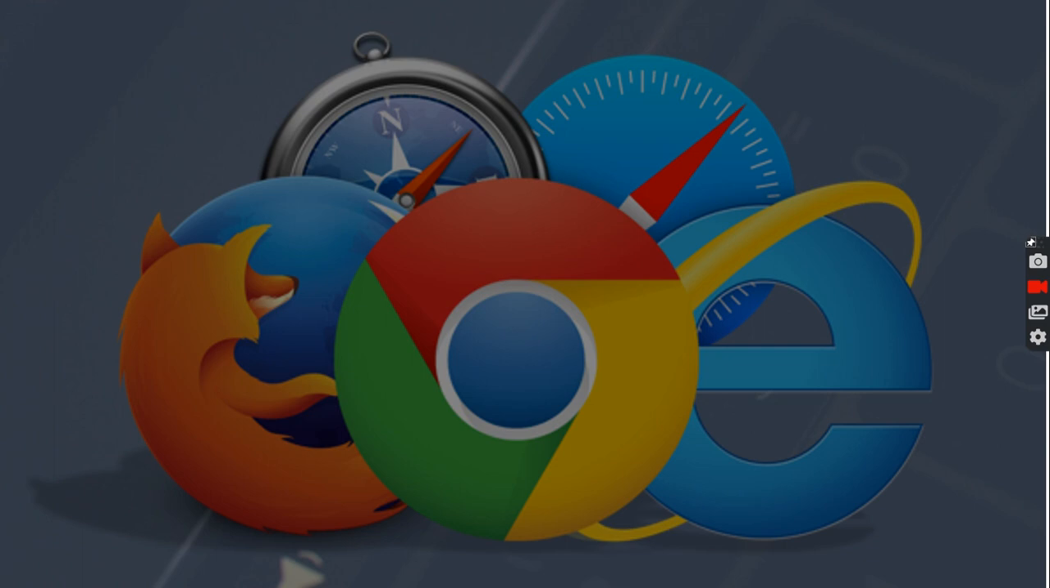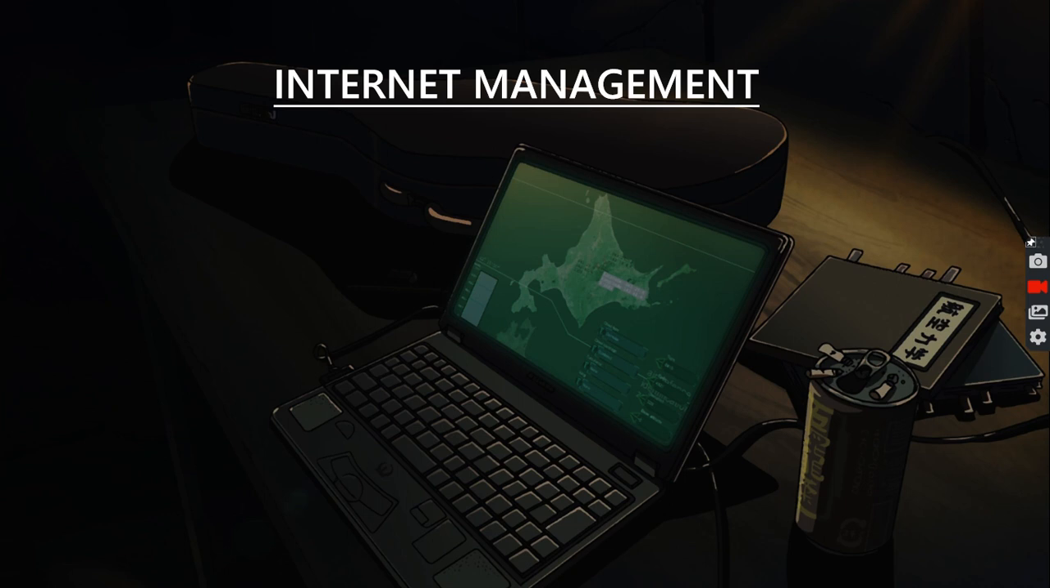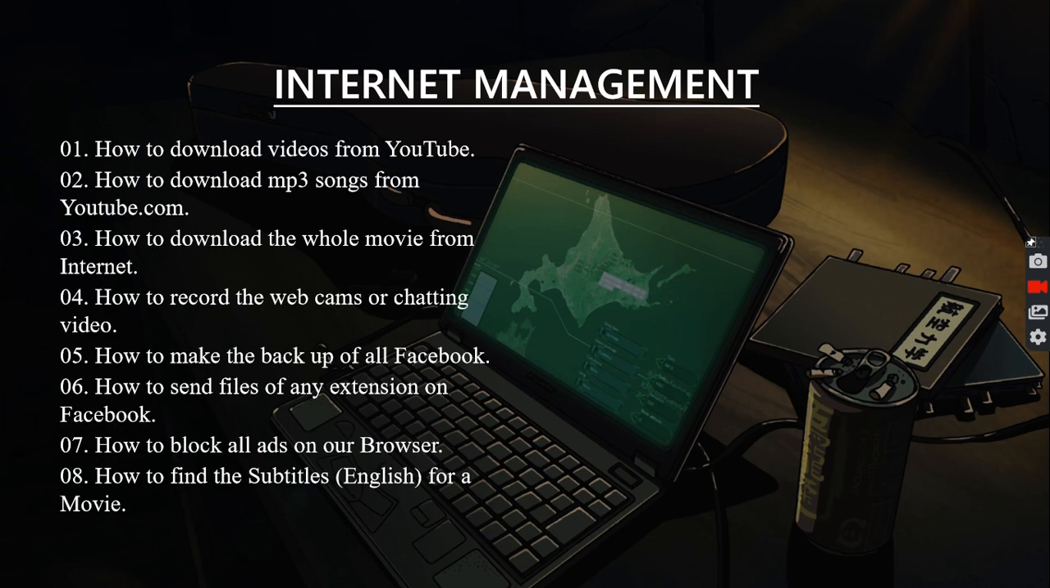Then comes internet management. In internet management, we are going to discuss how to download videos, how to convert videos into MP3, and how to download a whole movie. We are going to discuss recording of the webcam, which is very much in demand right now, as everybody is making their courses, everybody is teaching online, everybody is learning online. So if you want to record something, you can, and how to do that. So we are going to study all this, and we are going to